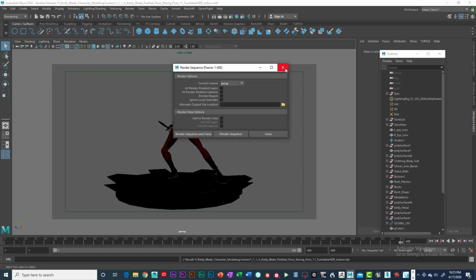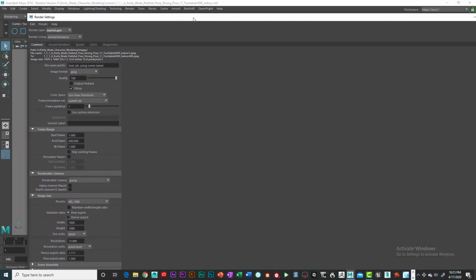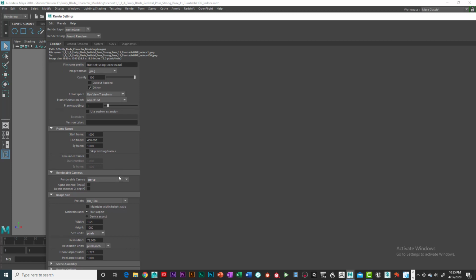So before I do that, I realize that I do want to have an alpha, because I do want to have a background on there because it's awful dark without it. So I'm going to click alpha channel mask. Also, I'm going to go into JPEG and click on PNG. Okay, this format with the alpha mask on will actually embed that alpha mask into that PNG. So when you open it up, you'll be able to pull it and put a background